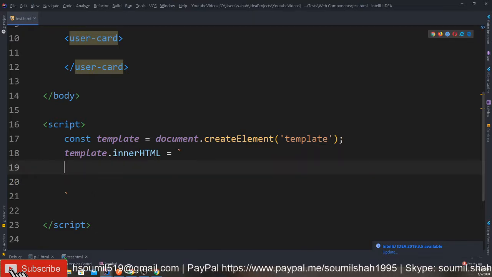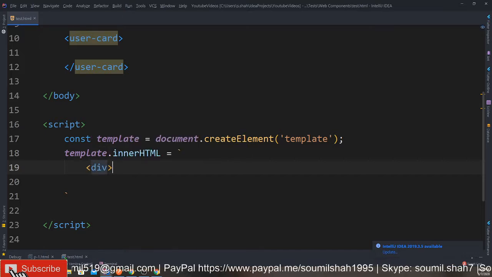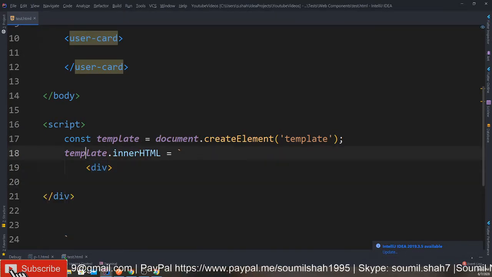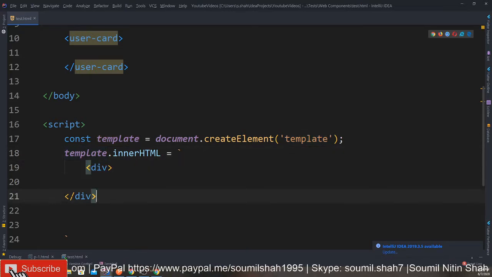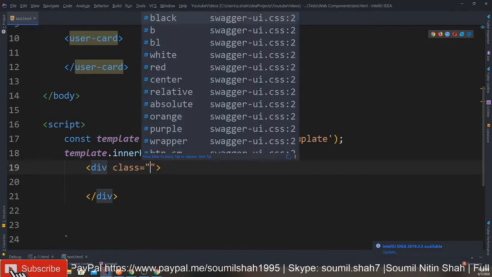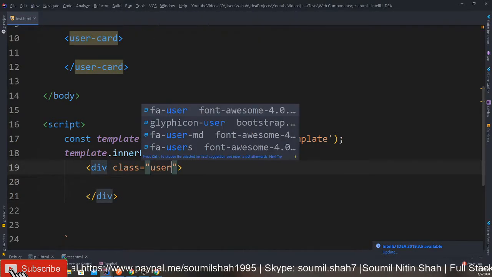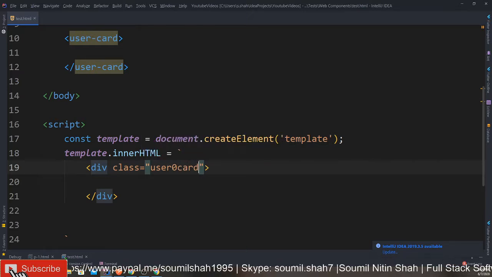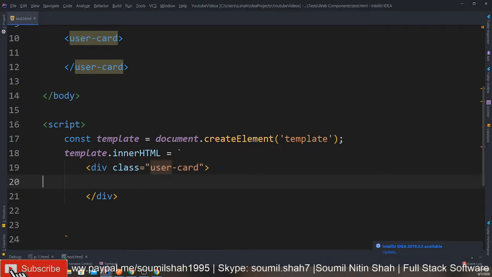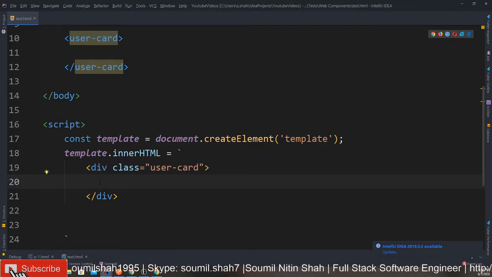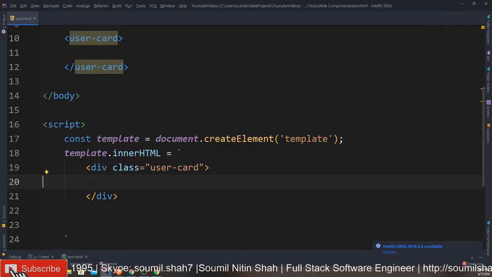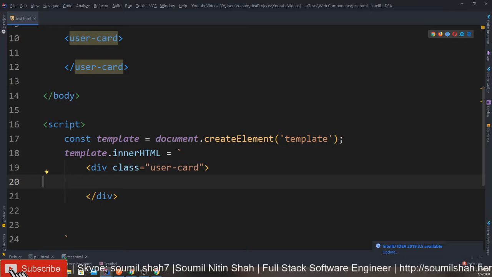Let me write a very simple web component, a very easy one. I'm going to create a simple div tag. Let me give it some space. I'm going to call this user card. Okay, so I've defined my div tag right here. Now we'll pass in a name. There are two ways you can pass data into a web component: one is using slots, and the other is an attribute, as I said. So actually, let me show you the attribute.